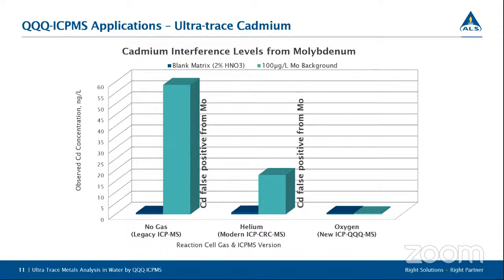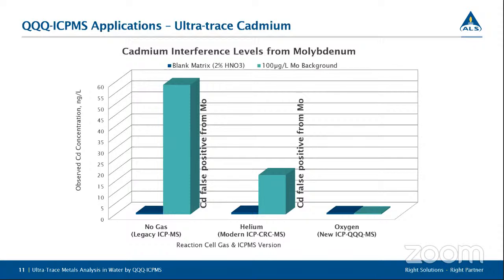2% blank nitric acid solution. So that's the dark blue bar, and then the observed cadmium concentration with 100 micrograms per liter molybdenum standard. And this is on a regular non-CRC ICP-MS without any collision gas, or